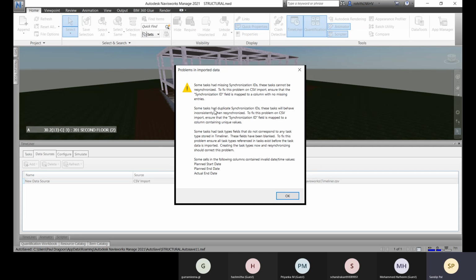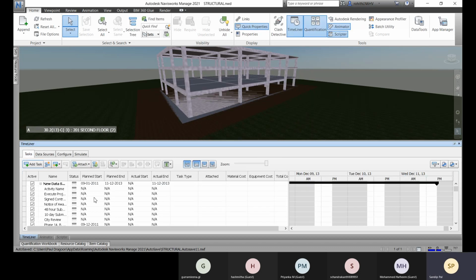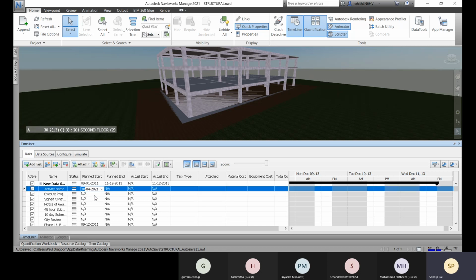And here it's showing you that some don't have IDs and the start date is missing. Okay, so let's go with OK. And here you see that some don't have the planned start date and the end date.